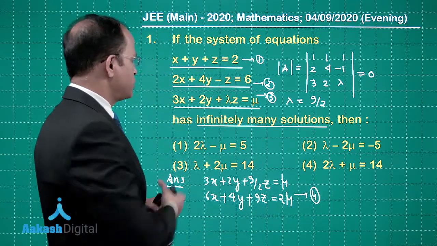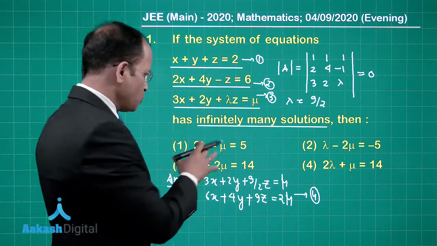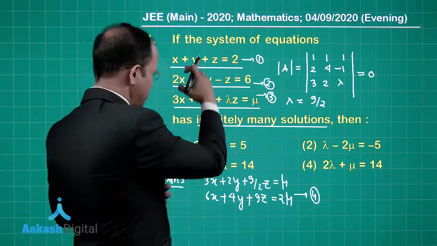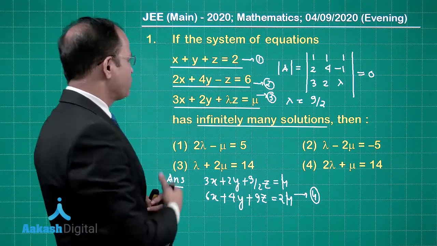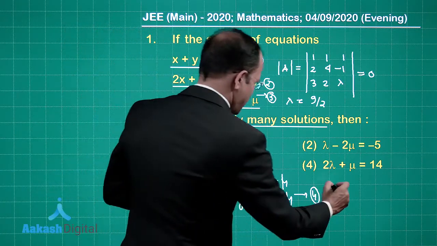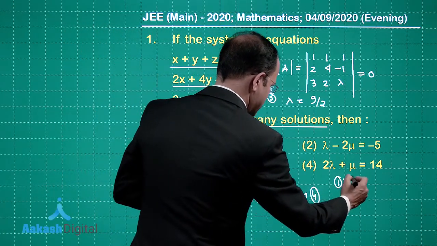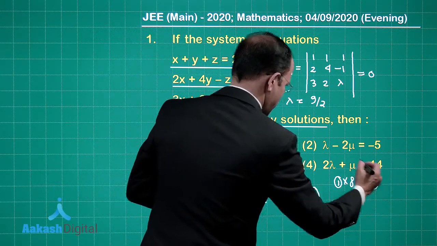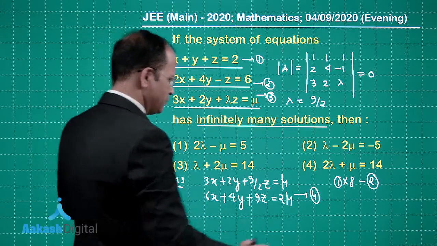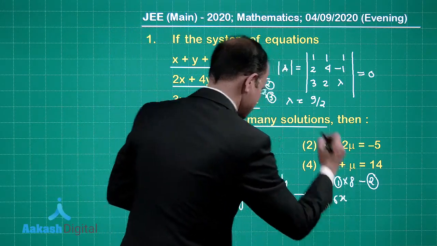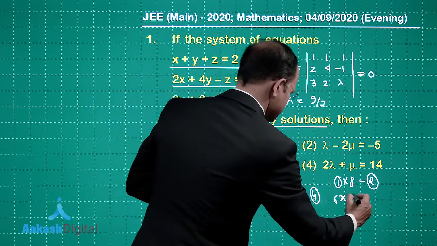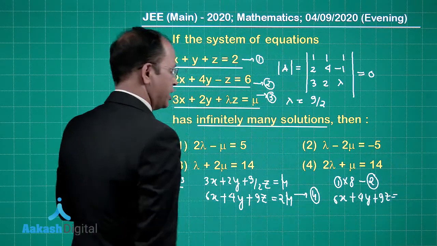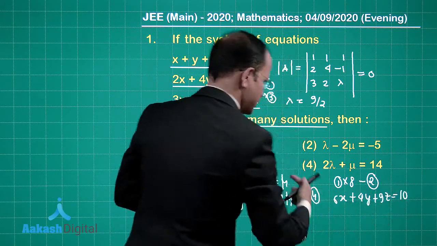Now it's a very interesting thing which comes your way. How to go about the method, how to solve this question using these 3 equations, that is a very important thing. So let's do one thing. Let's multiply equation 1 with 8 and then subtract the second equation. You can just have a look at this part. So what we get is 6x plus 4y plus 9z is equal to 10. This is what you get.